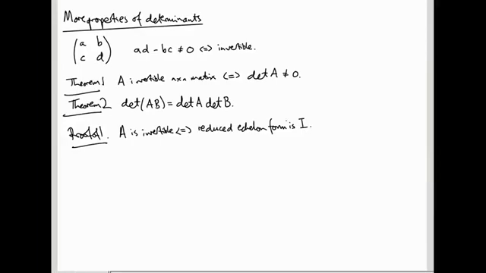Now if the reduced echelon form is the identity matrix, then what do we get? Well, to get to the reduced echelon form we used some row operations. So to get from A to the reduced echelon form, we used row operations,